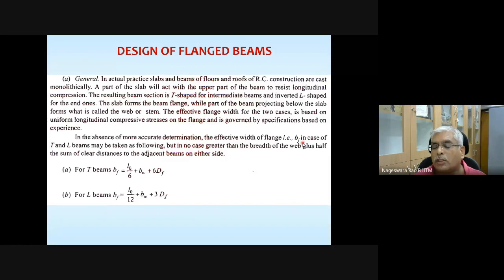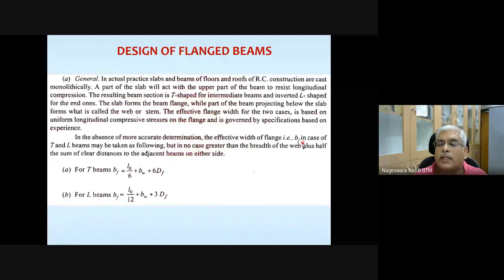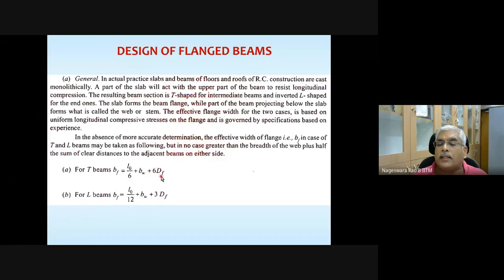Suppose somebody asks you to assess the capacity of an existing beam, and you go for an inspection. During the inspection, you note down some of the points. Based on that, you can arrive at the effective width of the flange for both T beams as well as L beams. Okay. But whatever this formula is giving,